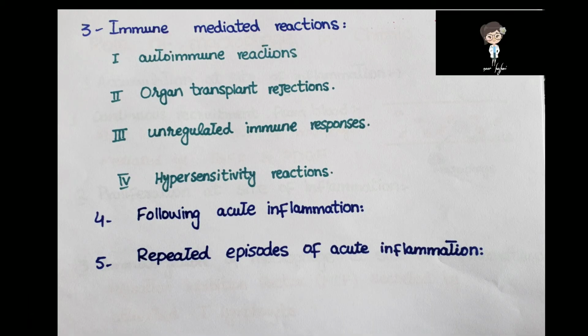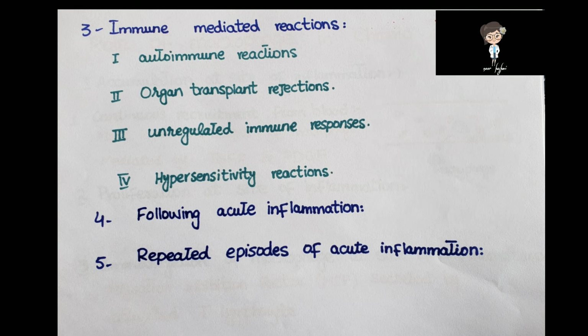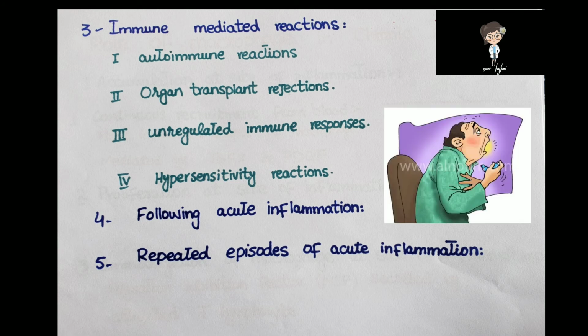Next type of inflammation is immune mediated reaction, which is further categorized into autoimmune reaction, in which immune response occurs against our own body antigens. Second is organ transplant rejection, in which there is immune response against antigens of donor organ. Third is unregulated immune response such as inflammatory bowel disease. And fourth one is hypersensitivity reaction, in which there is inappropriate immune response to generally harmless antigens such as bronchial asthma and